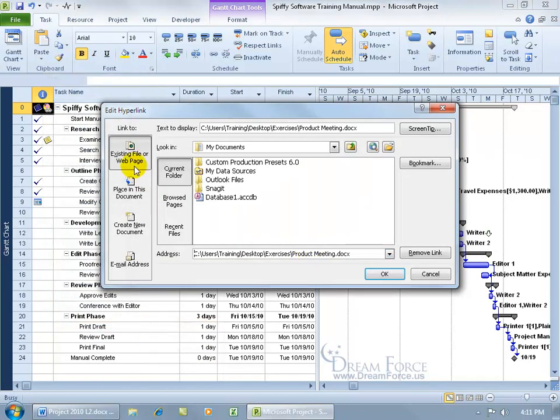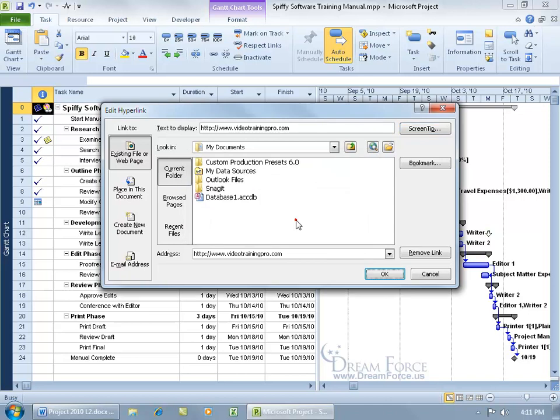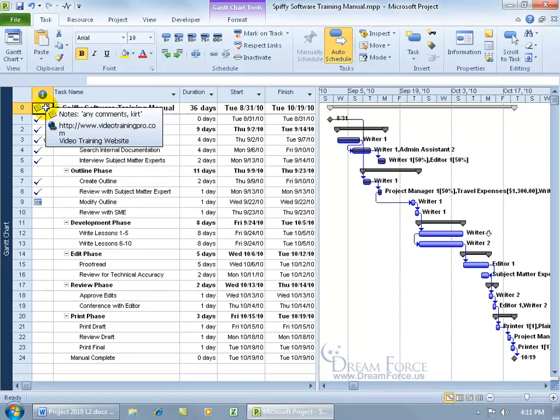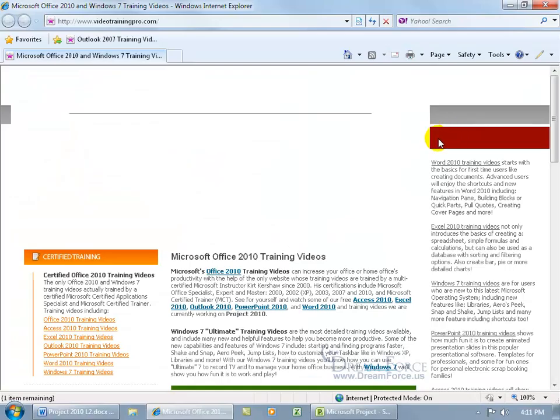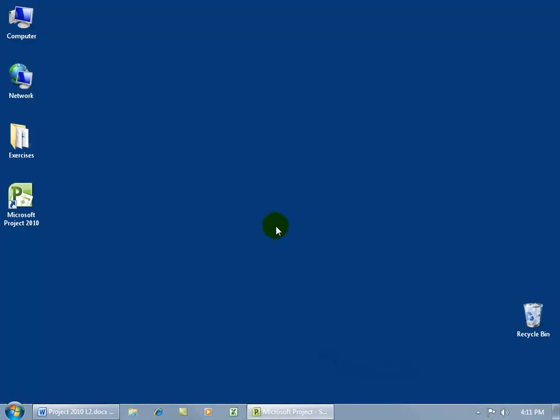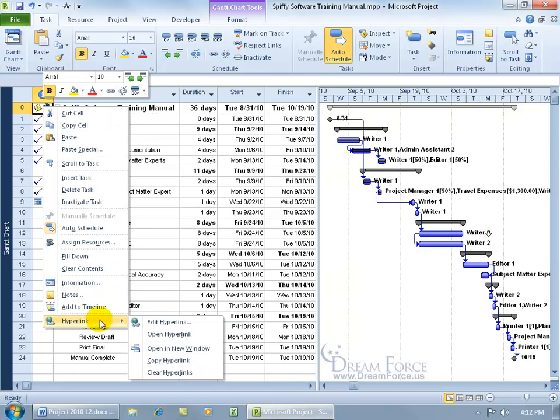And as it mentioned here, you can go to an existing file or web page. If you just come down here and type in your web page, like videotrainingpro.com, and then with the screen tip, we don't want Gummy Bee for that. We want video training website. Click OK, and then of course right click on it, go down to hyperlink, and open it up, and there it is. Close out. Let's restore the project window back up and right click, go down to hyperlink, to edit hyperlink,